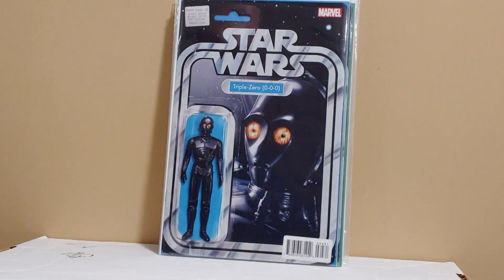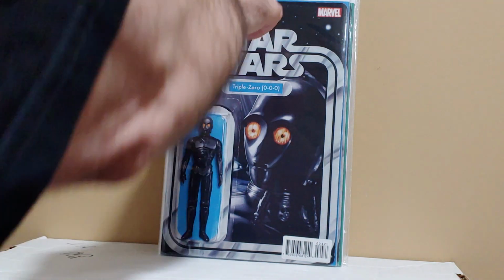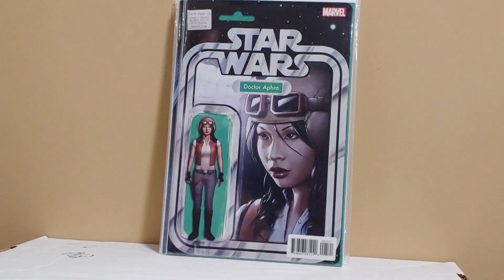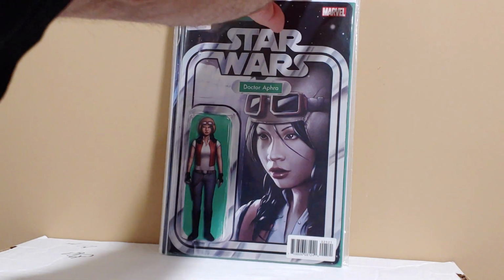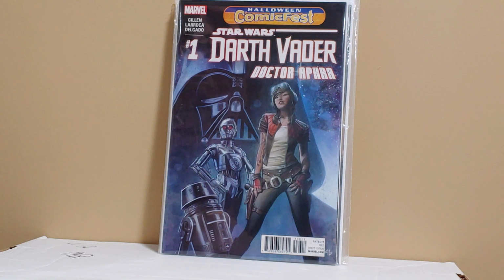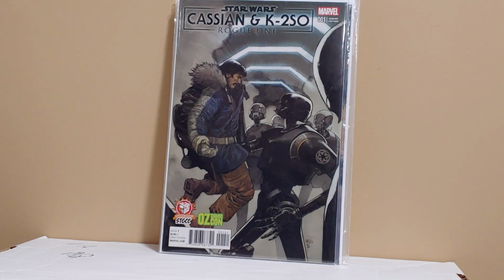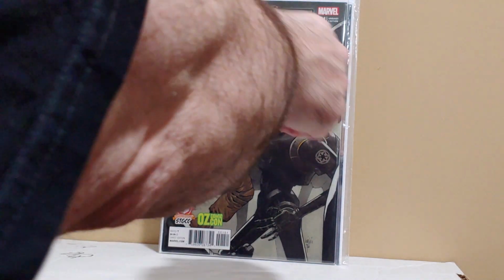24 also. This is the J. Christopher Tyler action figure variant, and then the same variant for #25 featuring Dr. Aphra. And then the free comic book, or the Halloween Comic Fest of the first appearance of Dr. Aphra. This is the variant to Kassane and K2SO Rogue